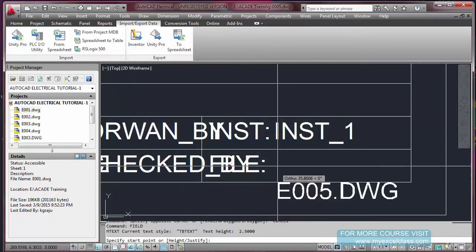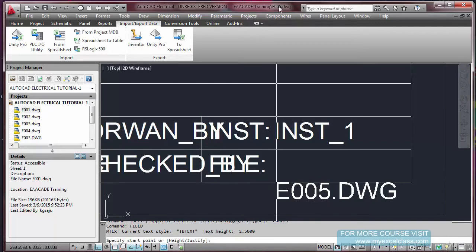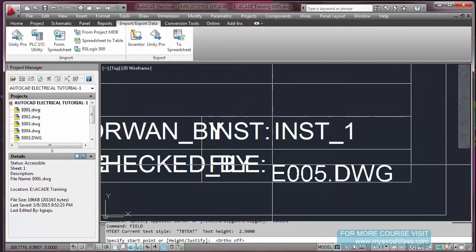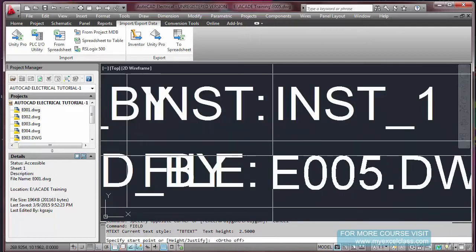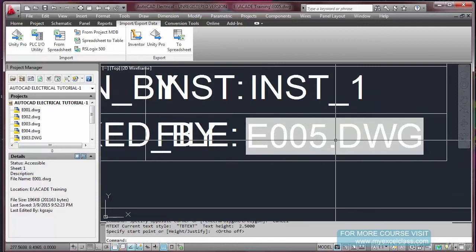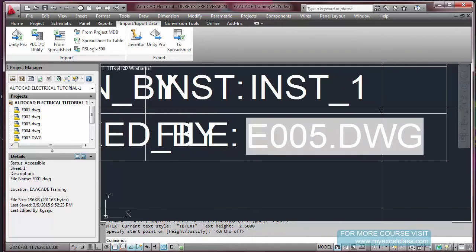See, automatically the sheet number, the current sheet is 5, that is why it is coming as 5. I can put it here. Once you save this in soft copy it looks a little strange, but when you take the printout it won't come like this. It will look like other text.